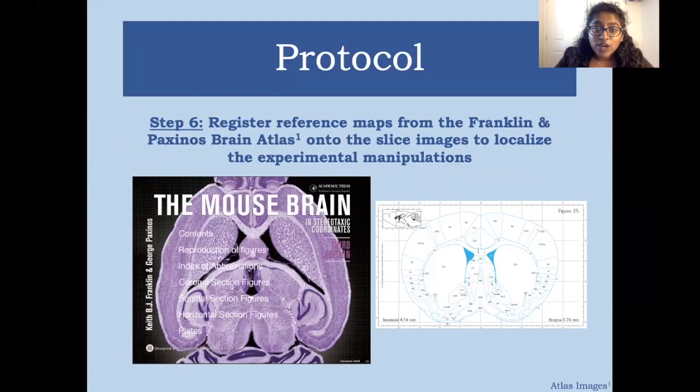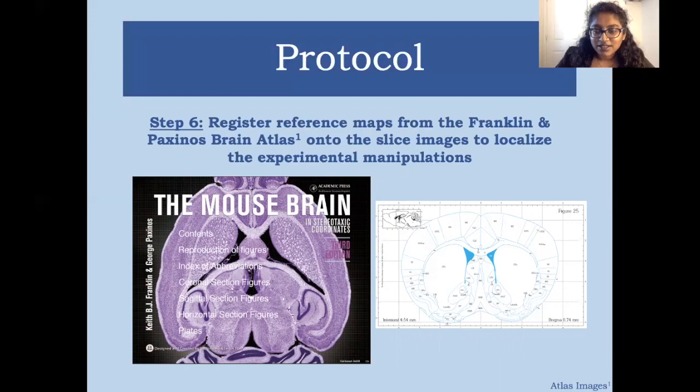Finally, we want to then register reference maps from the Franklin and Paxinos Brain Atlas onto the slice images that we've just collected from our past step to be able to localize the experimental manipulations. An example of a reference map is shown on the right. So standardization is important at all steps of our protocol, but we want to focus on optimizing the slicing and